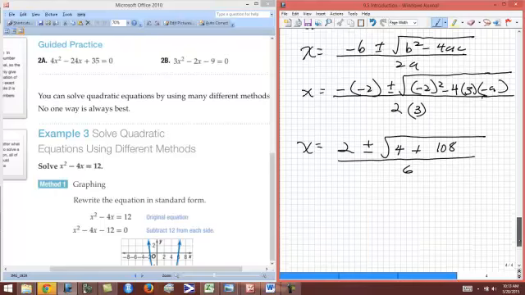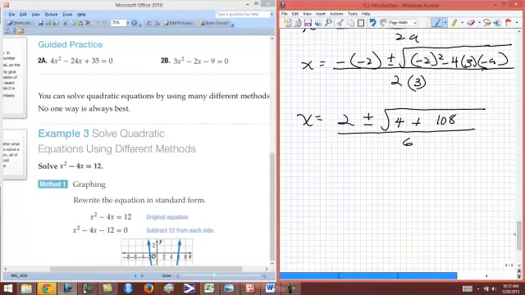All right, and X equals 2 plus or minus the square root of 112 all over 6. Now, at this point,